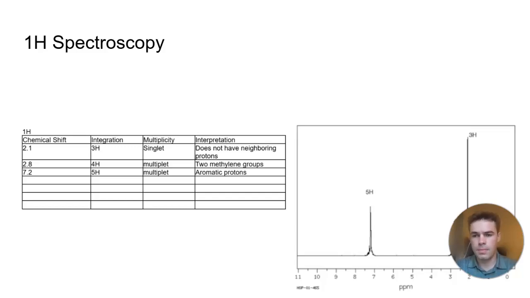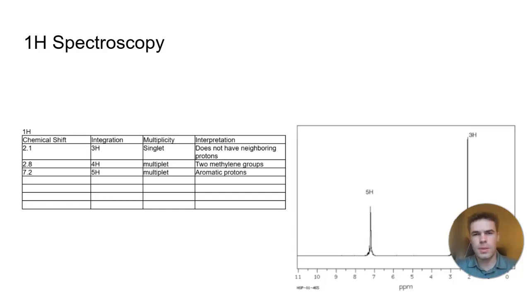And again, referencing my materials as to what is associated with a particular chemical shift, the multiplicity seemed to indicate an aromatic ring. And because it's a 5H integration, that is an indication of a phenyl functional group. So combining the phenyl group with the two methylene groups with a 3H integration,